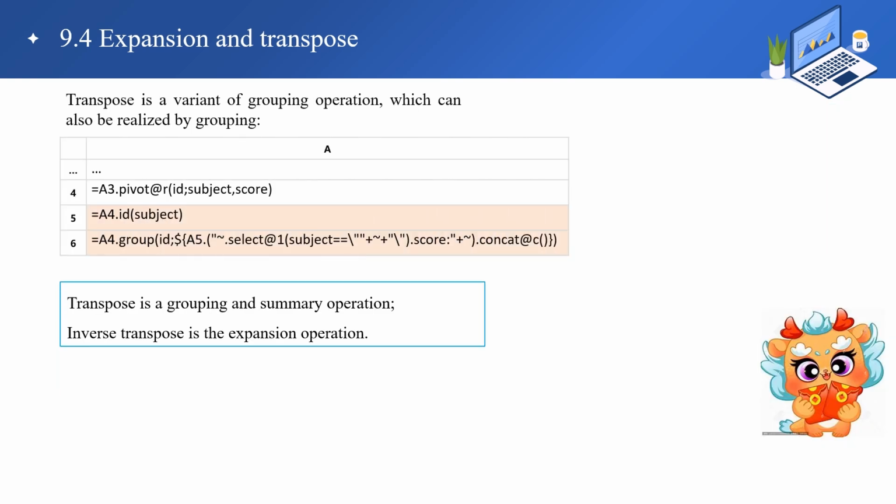Transpose is a variant of grouping operation, which can also be realized by grouping. It can be seen that A6 here also changes back to A3, and the subject fields are also sorted. If the original order is to be used, replace A5 with A1 in the A6 expression. The macro in the A6 expression is complex, but it can be understood through careful study, that is, take the score with the same subject name in the current grouping subset